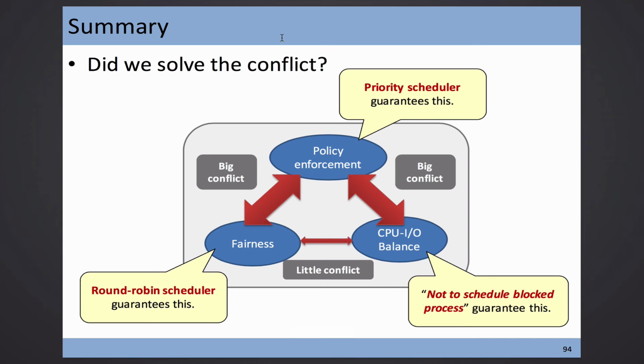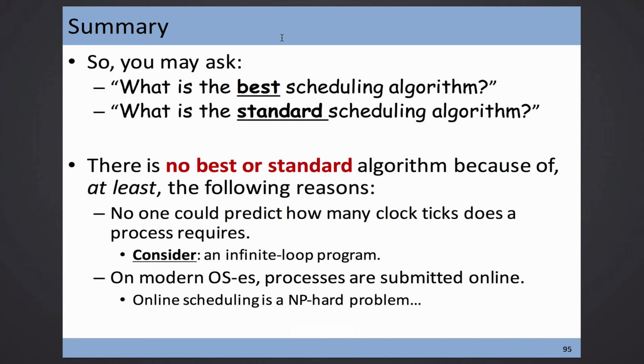And maybe you are puzzled, after so many things about scheduling, you may have a question. What is the best scheduler? Yeah, what is the best scheduler? It actually doesn't exist. In terms of theory, I don't know whether you have heard of it, there is a class called NP-hard, okay? NP-hard means that if you want to have an optimized output, you need non-polynomial time in order to look for that optimal output, okay? So from theory's sake, it's like this.